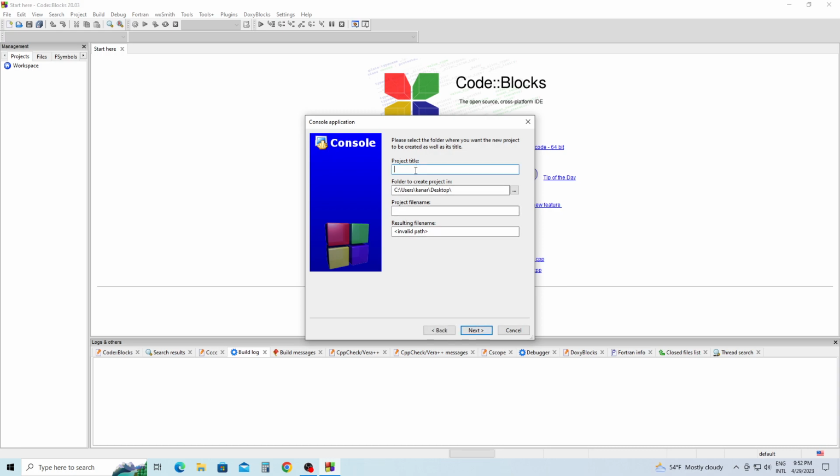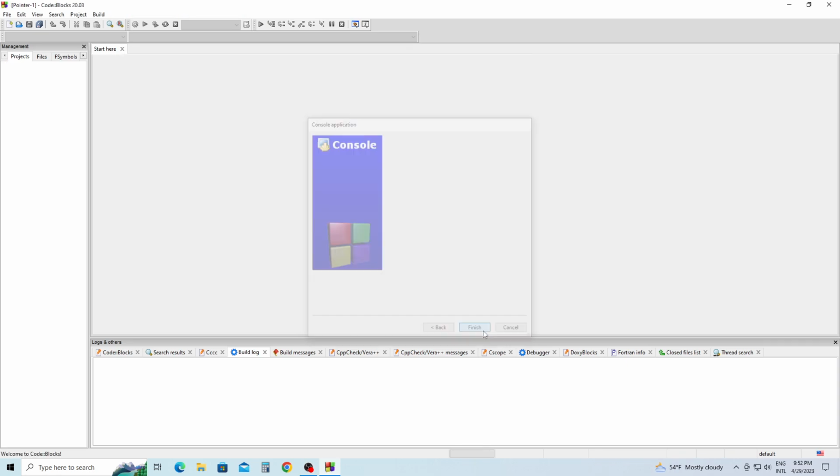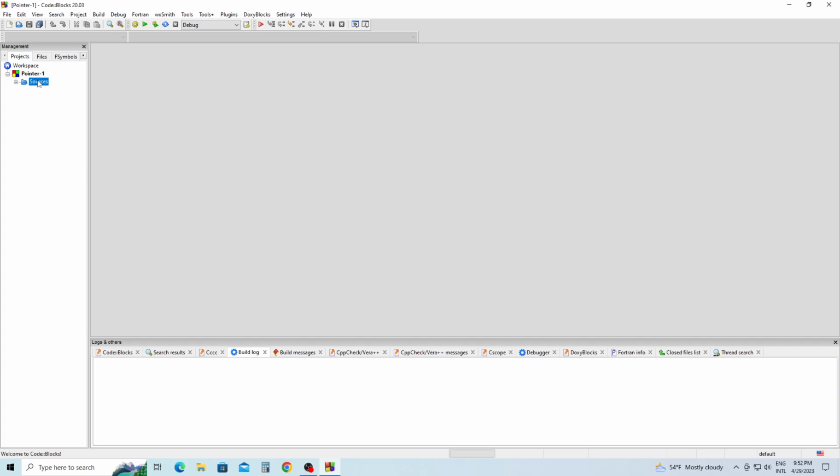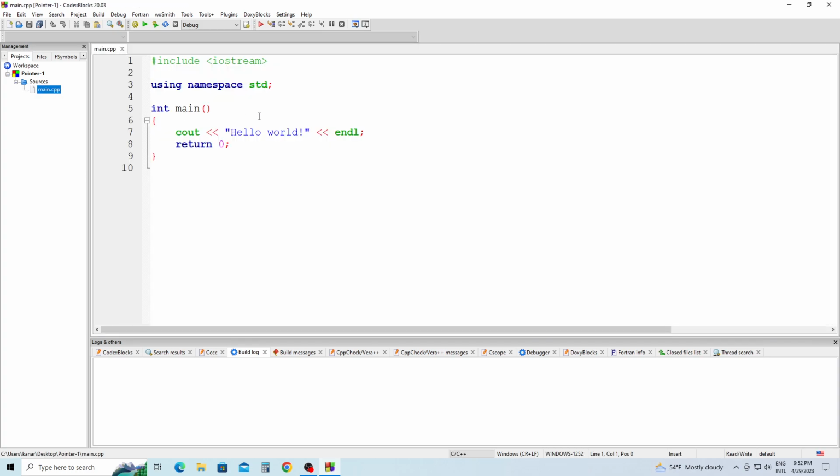and I'm going to call this project pointer-1. Click next, click finish. Double click on sources, double click on main, and in main I'm going to remove these two lines and declare